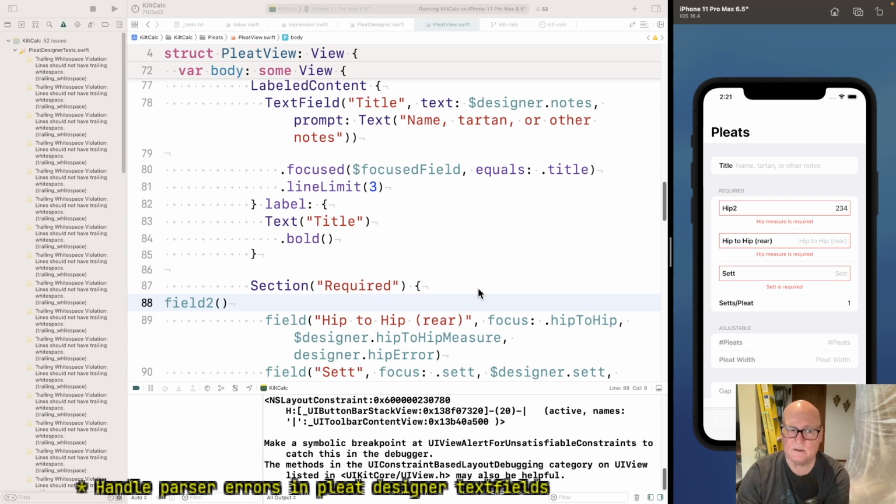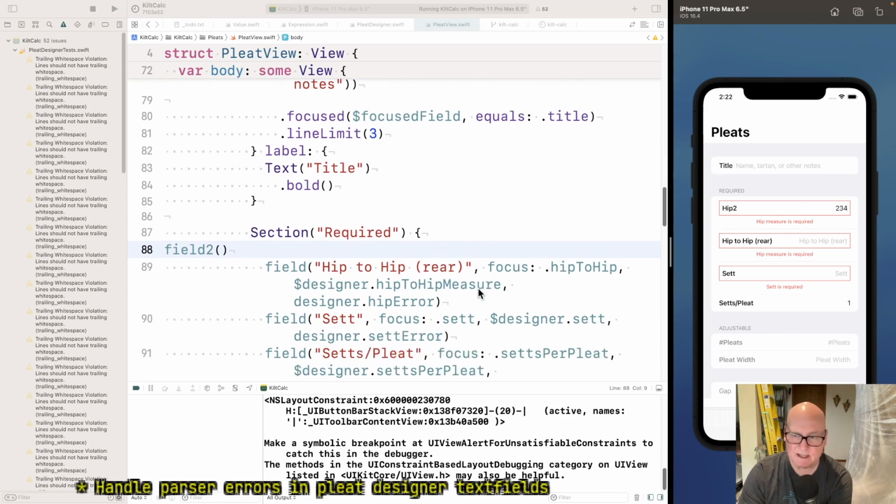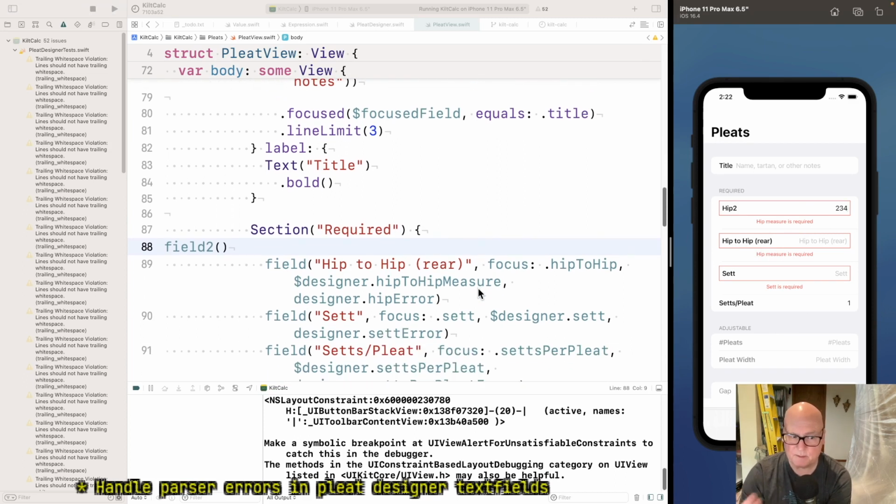It's an awkward way to do it, but I'm not seeing a way to get that information: the text is changing, but the value is not. And I don't know if we can get the text back out. All right, so 3 or 4 minute break, and we'll come back and see if we can get this string working and updating our hip to hip measure as well. All right, see you in a few minutes.